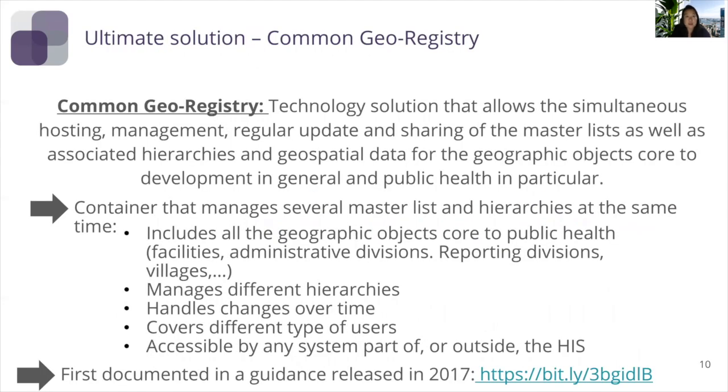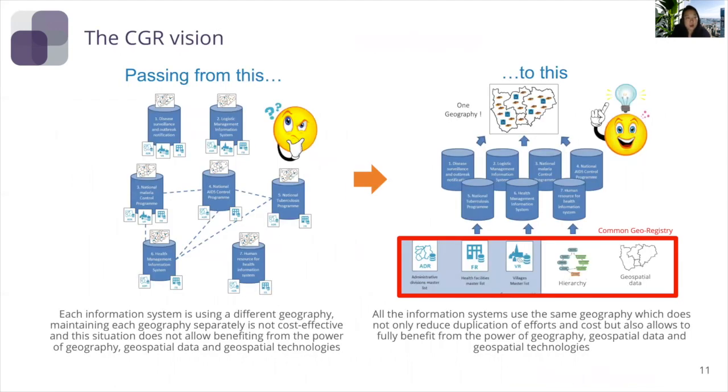These two things come together to form a common geo-registry, a technology solution that allows the simultaneous hosting, management, regular update, and sharing of master lists, as well as their associated hierarchies and geospatial data. This CGR then allows us to pass from the issue we see on the left, where once again we have different information systems managing different geographies, to something on the right, where you still have different information systems and different